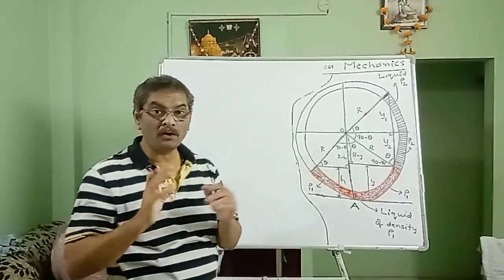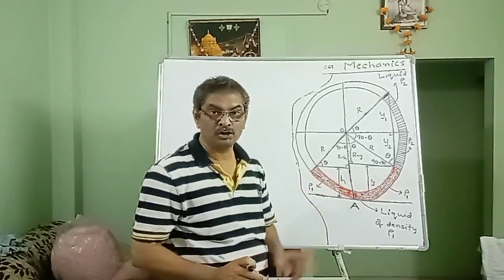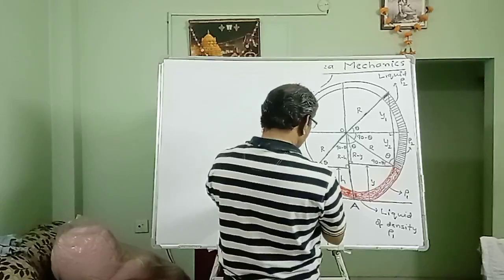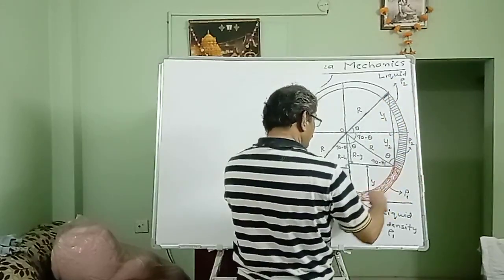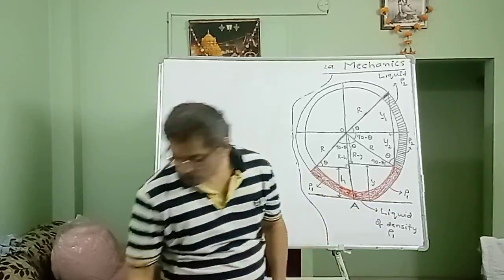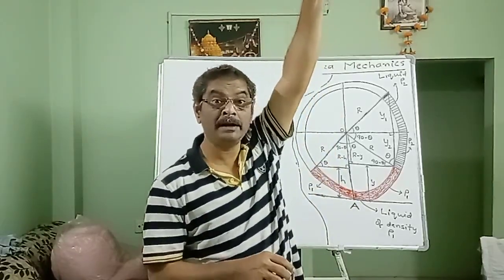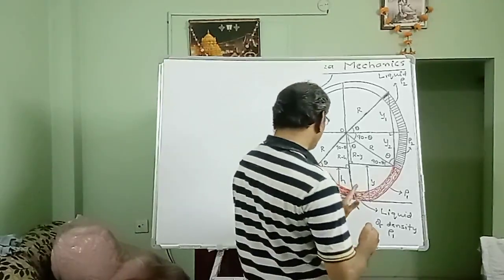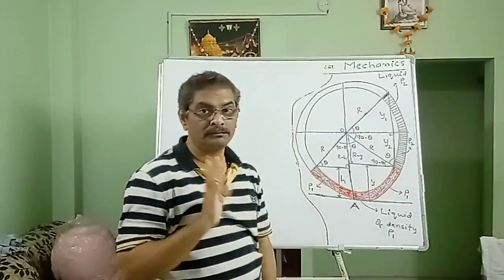First of all, concentrate on the left liquid column. We have two liquid columns: one is the left liquid column, another is the right liquid column. Remember, A will be the reference point that divides the whole liquid into two columns. This is the left column and this is the right column of the liquid.